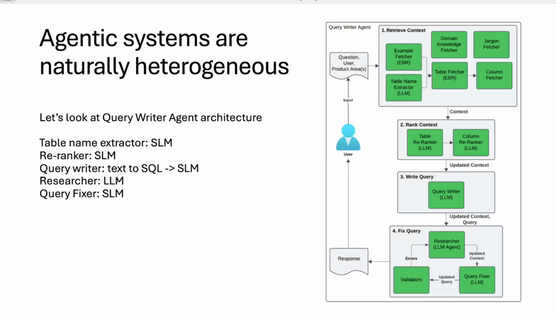Researcher, the only part in this diagram that I think we still need the LLM for is the researcher, because the researcher needs to understand all the different resources, and needs to understand why this error happens, right? So this will require higher reasoning capabilities. The only one that I really need the LLM call for is the researcher, because this agent really requires the reasoning capabilities. And then the query fixer maybe is also related to the query writer. It could be shared as a shared SLM over here.